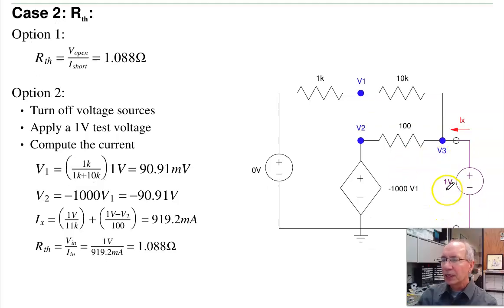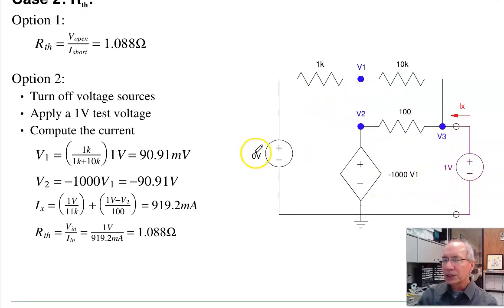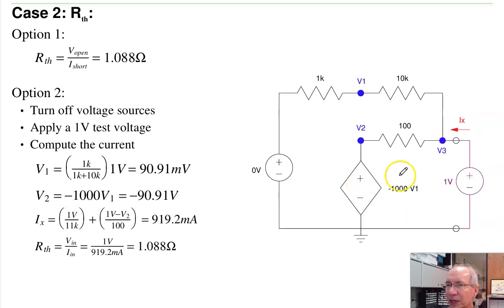Another way is, if I don't want to do the open circuit voltage, short circuit current, just find the resistance directly. I turn off the sources, make that 0, find the impedance looking in, and it's not very obvious. So let's apply a 1 volt test and find the current. Well, if this is 0 volts, this is 1 volt, I can find V1 by voltage division. It's 1 over 10 times 1 volt,